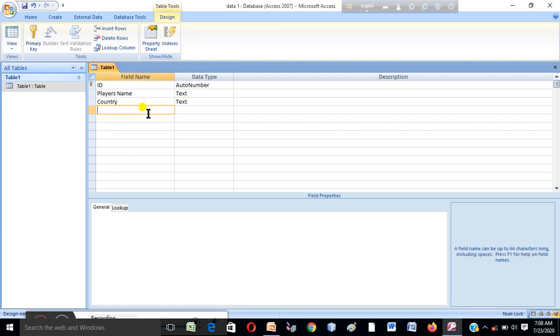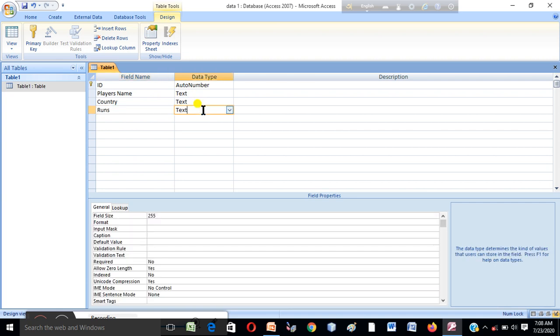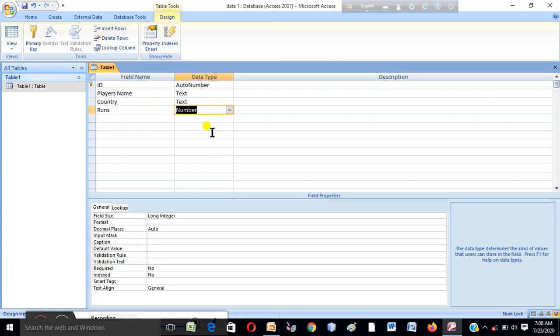Then runs. Runs is a numeric value, so it will be number.